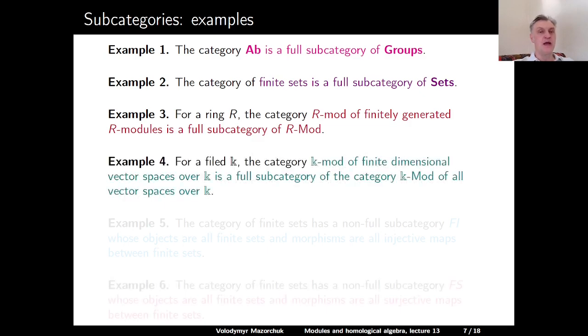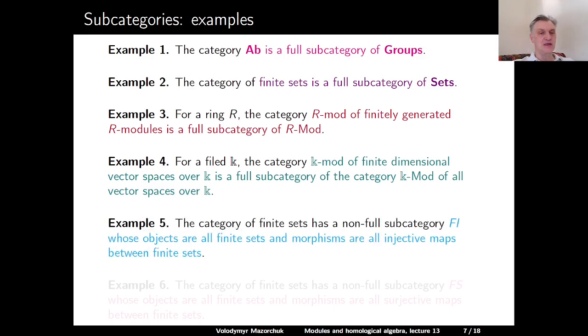Example 4: for a field K, we have the category of all finite dimensional vector spaces over K, and it is a full subcategory of the category of all vector spaces over K. Example 5: we have the category of finite sets, which is a full subcategory in the category of all sets,